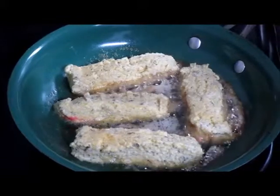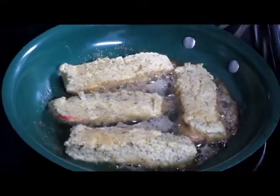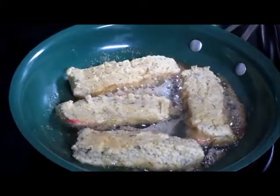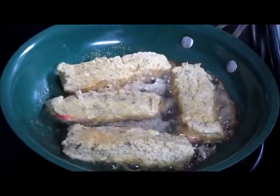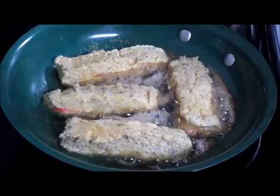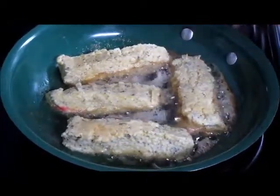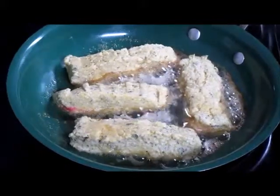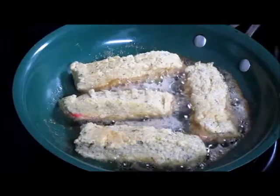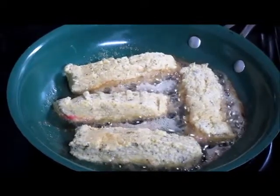And another thing, if it's too soft when you start trying to cut it up, you can always freeze it, hard freeze it, and then cut it up and fry it real quickly. And it'll stay together because it's got that Parmesan and stuff in it. So, once this is done, we'll put this to the side, but let's get started on our fried green tomatoes